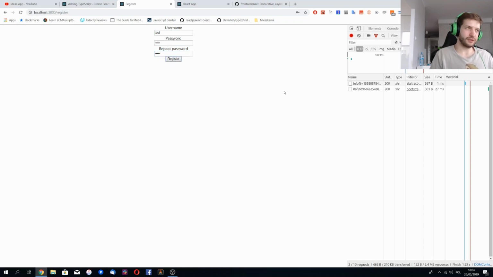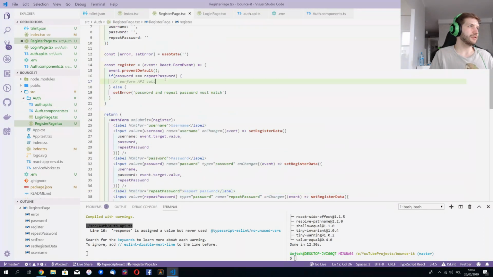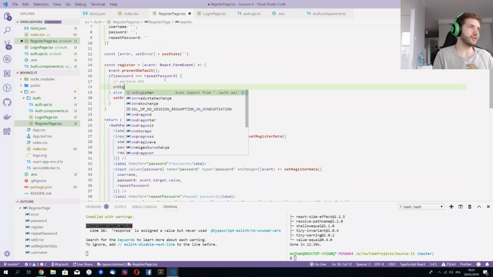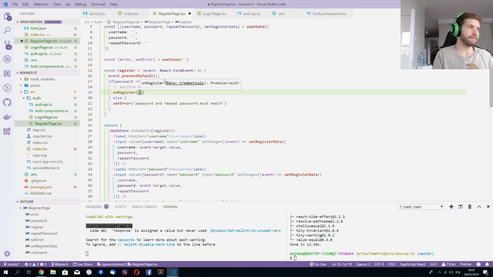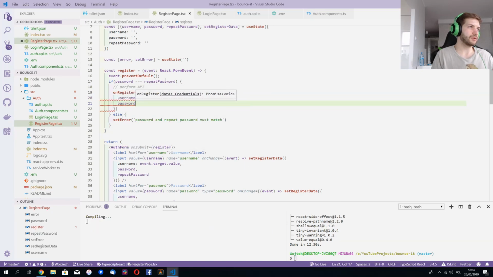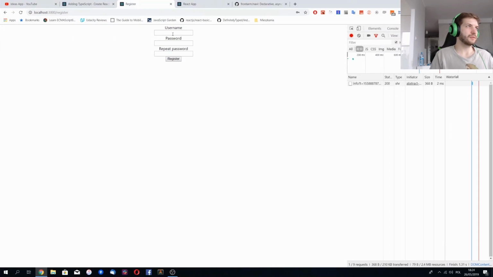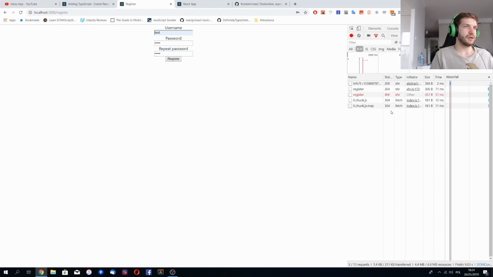And of course, we don't call this yet, so nothing happens. So here we will say onRegister, and this goes with username and password. Okay, let's go with test. And now,